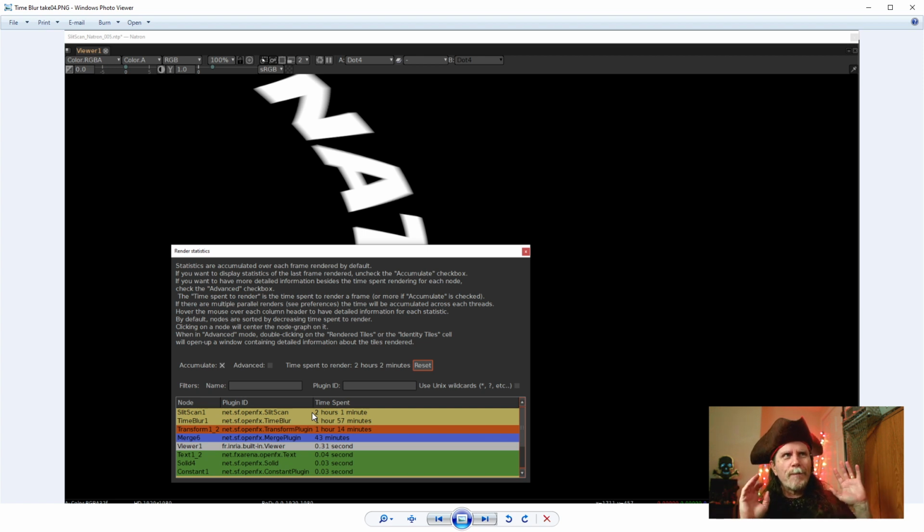Now, admittedly, this is using slit scan with no line skipping whatsoever, doing a full 1080. I don't ever recommend this, because you're going to wait a long time to render out this whole thing. I would not do it the way I did it here. What I would do is render out the frames as an entire image sequence, and then do your slit scan on top of that, because otherwise it has to figure out all the calculations and do the math per frame. And I think it might be faster. I have not tested this fully, but I wanted to bring that up